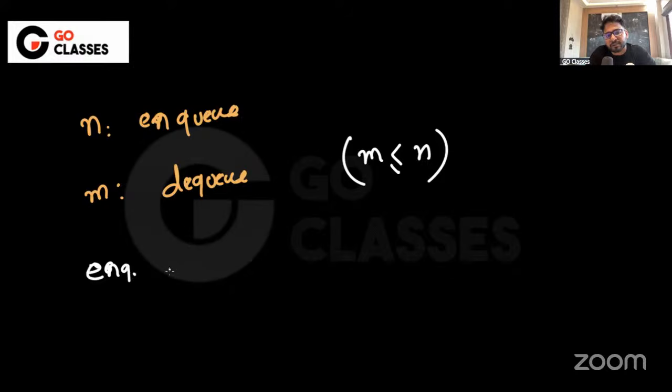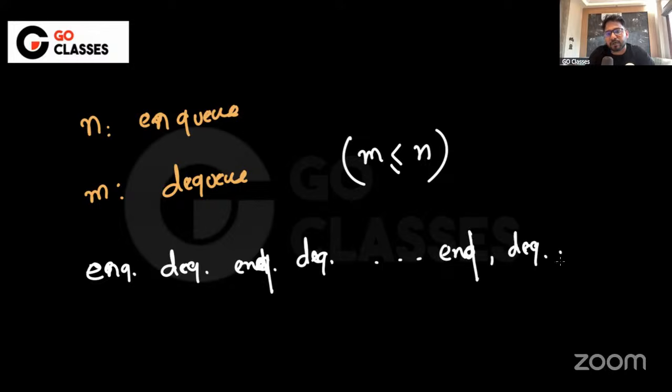DQ I want to have, you can just immediately DQ, right? NQ DQ. Let's suppose, just for the sake of simplicity, these are the M pairs of NQ DQ, right? And then the remaining NQs are here. Remaining NQs.